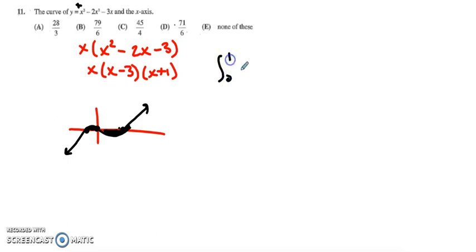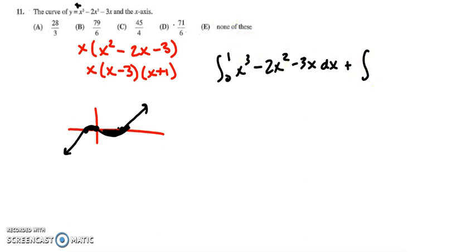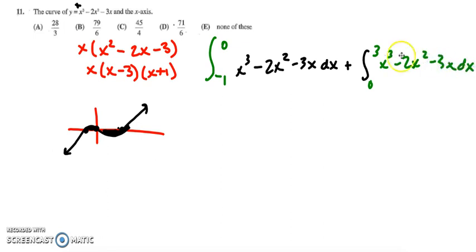So I'll just set the whole thing up right now. I'm sorry, I've said it the wrong way a few times. Does not want to let me erase. Let's see here. Different color. The integral from -1 to 0 plus the integral from 0 to 3. I am separating these into two integrals because I do need to take the absolute value of each. We know from the graph that this first one is going to be positive,